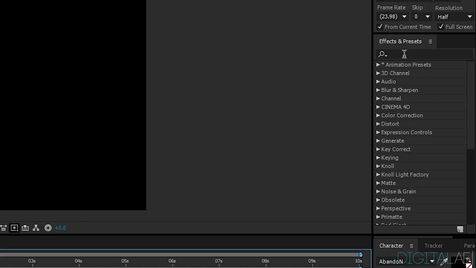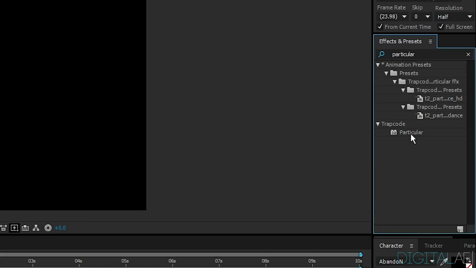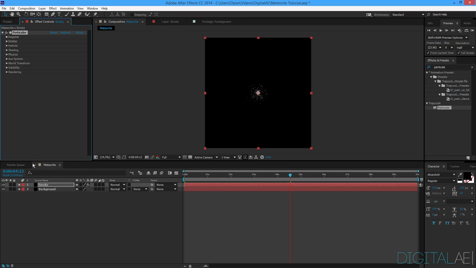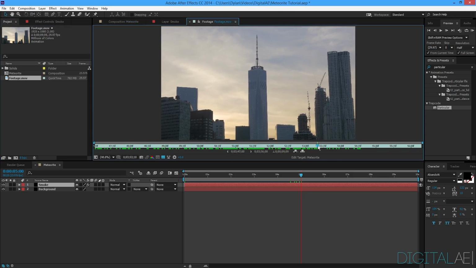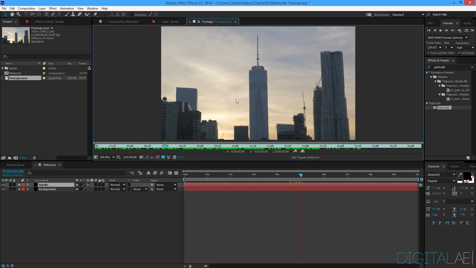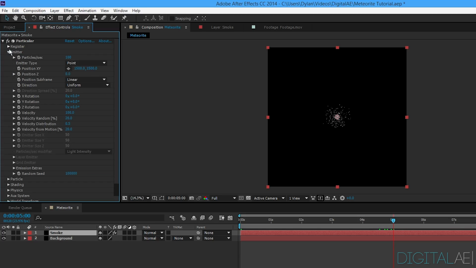So we want to go to the effects and presets panel and get this particular effect. I'm just going to type in particular, and Trapcode will come up, and then you just want to drag it on top of the smoke layer, as you can see here. So basically what I'm going to do is show you guys all the settings that I use for this unique shot. Because every shot is different, you're going to have to adjust the particular settings to match your shot. So all the settings I'm going to be showing you in this tutorial are for that shot, which you can also download in the description and get all the settings for that too. But anyway, I'm going to open the emitter up right here,